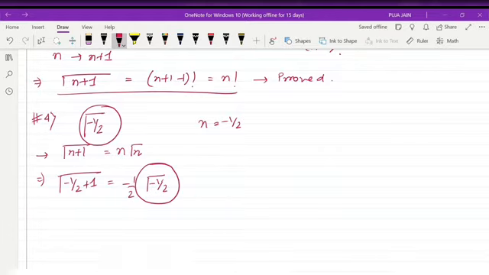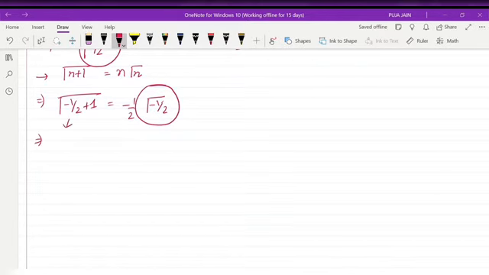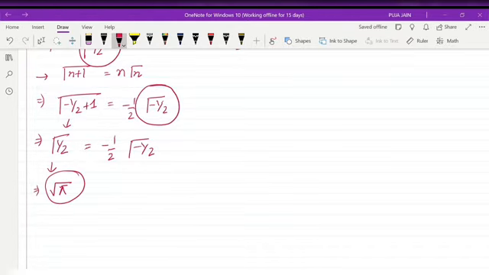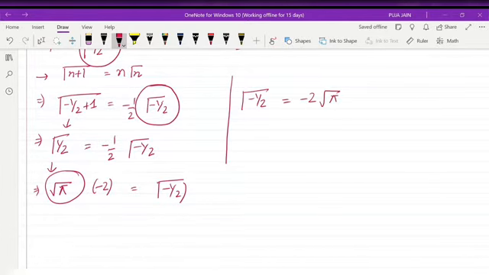This is the result I want. So minus half plus 1 is half, so gamma half equals minus half gamma of minus half. Gamma of half is equal to root pi, which you can calculate by using the basic function of gamma. The 2 will come here, so minus 2 times root pi is gamma minus half. So we got our result: gamma of minus half is equal to minus 2 root pi. This is also an important result.